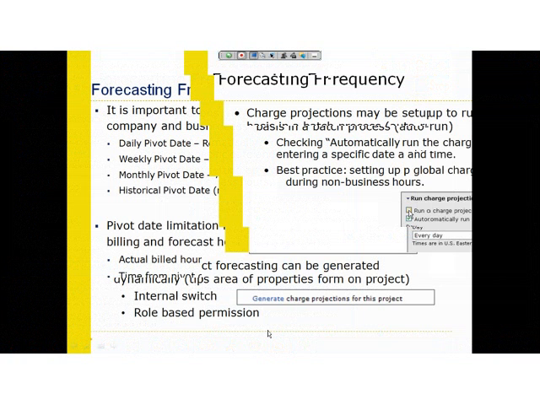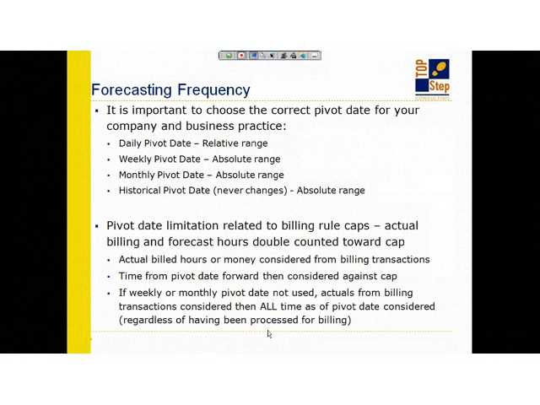So we're going to go back to the pivot date. So say that you run your forecast every day, but you want to make sure that you're forecasting from the right period forward. Okay? So I do see quite often a weekly or a monthly, most often monthly pivot date set, which means you're using an absolute range on that charge projections, and that allows you to forecast forward. That does give you some advantages in calculations that we'll talk about in a second. But one thing I do need to point out, it has been submitted to OpenAir, is